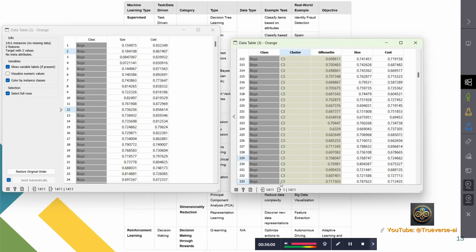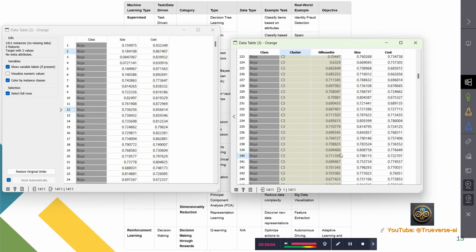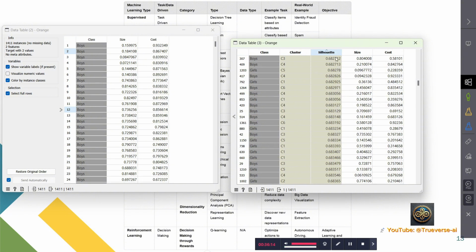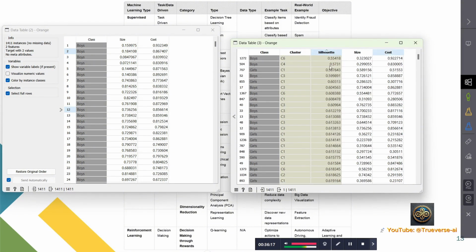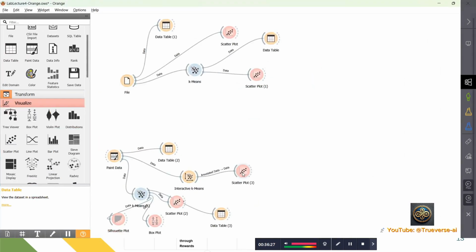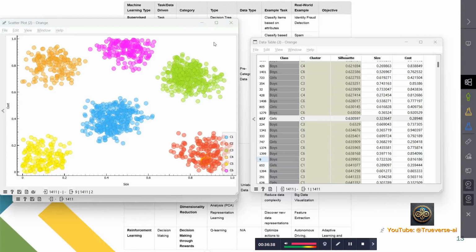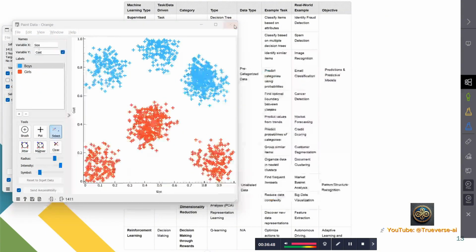Even in the silhouette plot, we already saw the minimum is 0.5. So 7 is better. Mostly they are good. So you can sort it. So this cluster is not good. So maybe we can show it in the scatter plot. Yeah, I think the best way is to see it on the map. That would be better. Let's go on the map